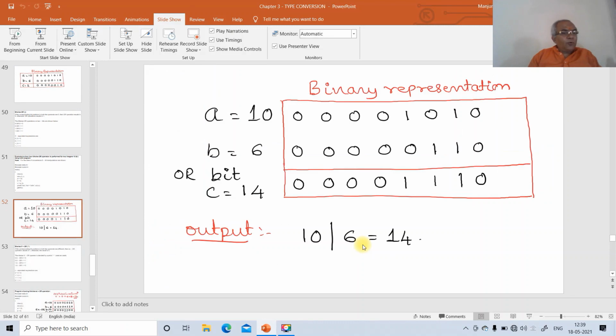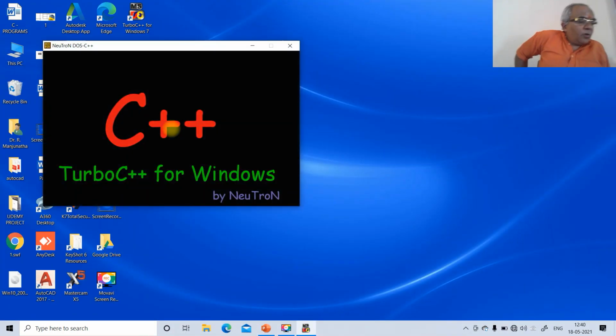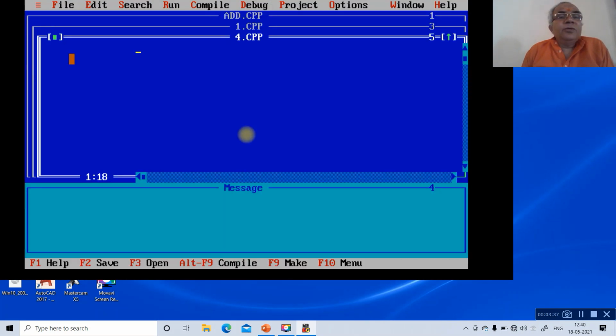Now we will take up this program to be executed by using C. So to do that, first we will go for Turbo C++. Then we will write a small program of 8-bit manipulation, and here we will execute this. So first we will go for include stdio.h. It's a small program. Include conio.h. Then main.